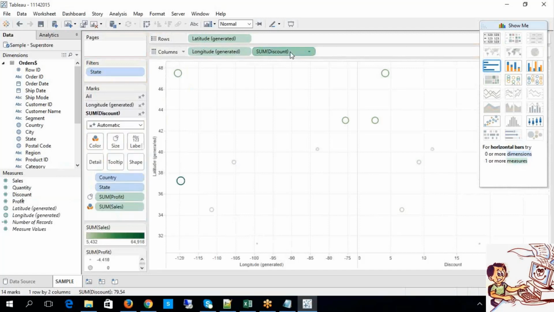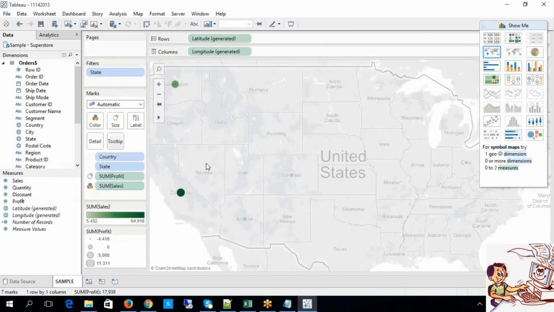Anyhow, the dual charts, and we have a concept called background maps, and how we can define the filters on top of it, how we can define the colorings, pie charts and all. That's what I'm going to discuss in my next session. Okay, this is it for today's session, guys.